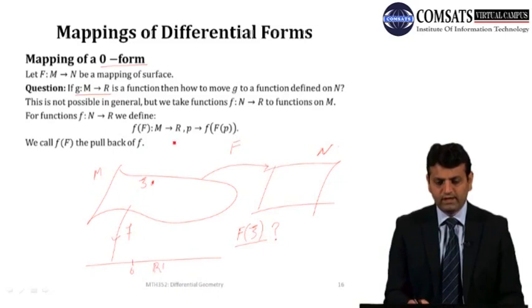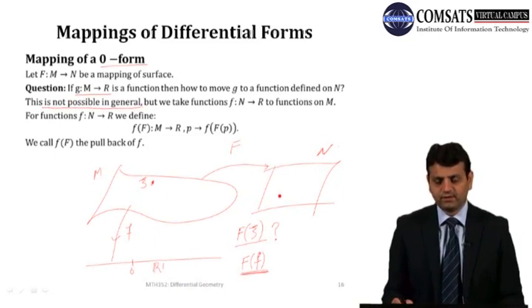Then what will happen to f of g? Is it possible that we can translate this function g, which is a zero form on M, to some zero form on N? And the answer to the question is no, this is not possible in general,